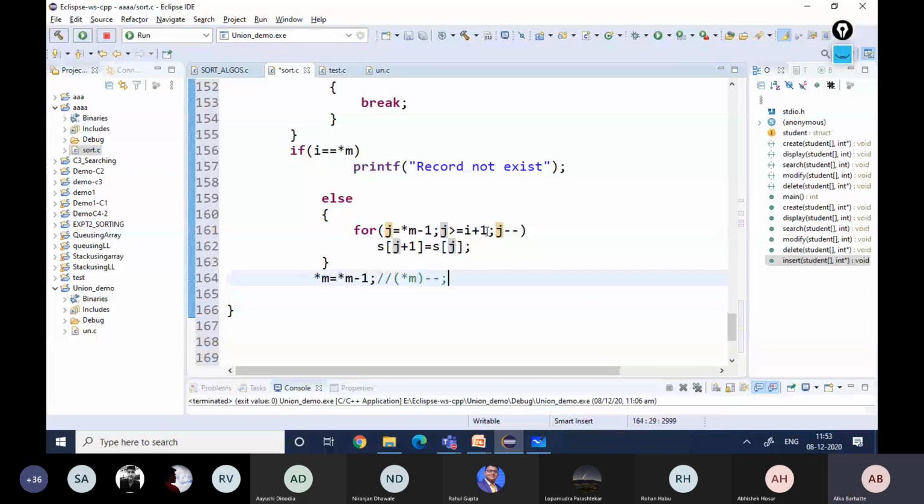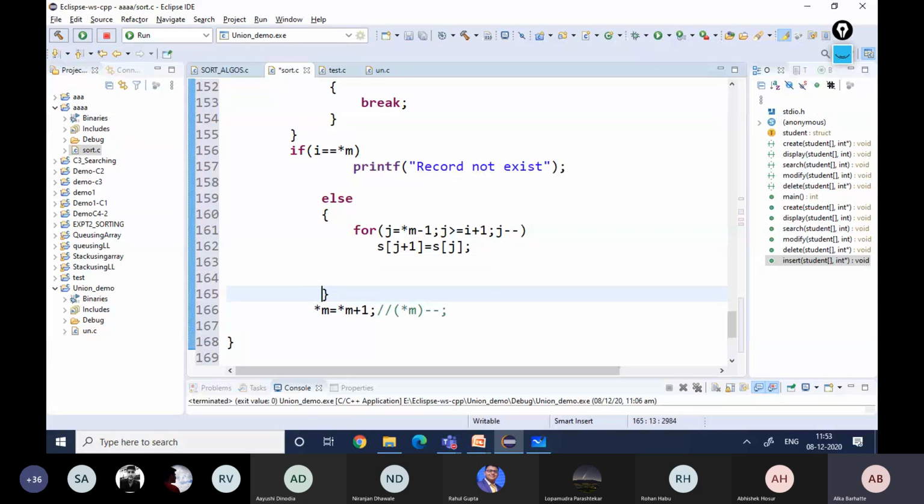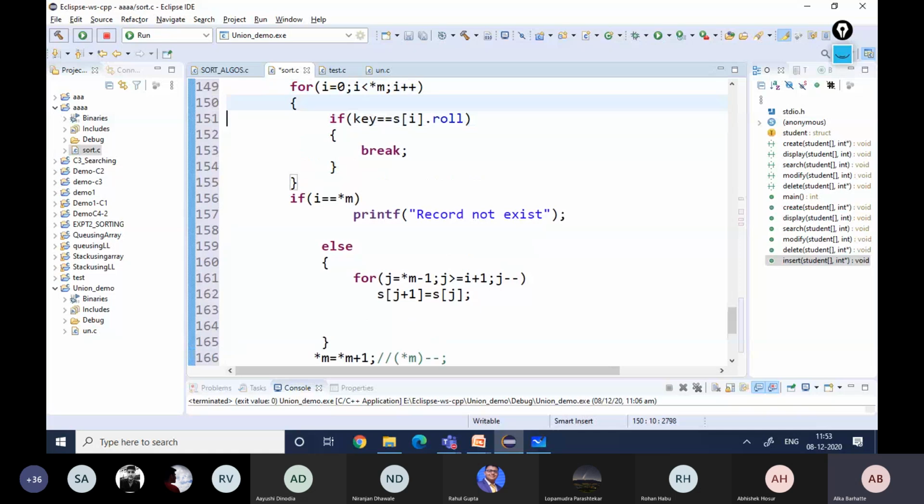After shifting, I have to add the new record at the i plus 1th position. So i is the location after which we have to insert a new record. This for loop is used for shifting all the records, and once you have shifted,